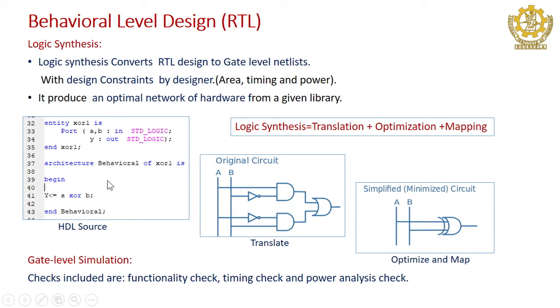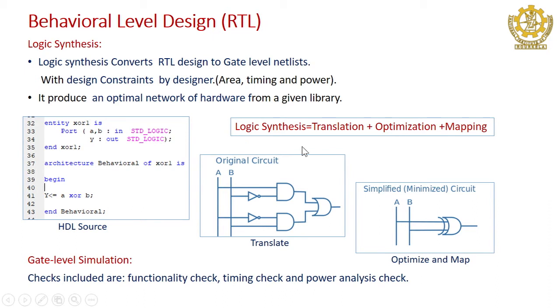So, this is how it works: it takes the code, first translates it to a generic form of hardware, then with an optimized algorithm it finds the optimized hardware available in the gate library given by the vendor, and that has to be mapped to the design to get the final gate level netlist. Understood? This is a small application I have taken. Similarly, for big designs, you can imagine that with 10k transistors, there are so many optimization algorithms in the logic synthesis tool that it can handle multi-million transistors.